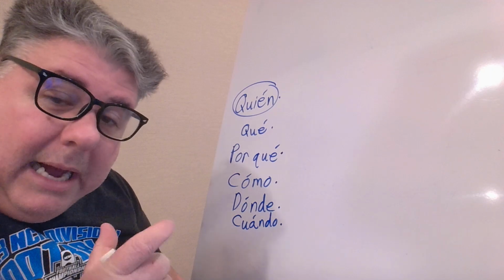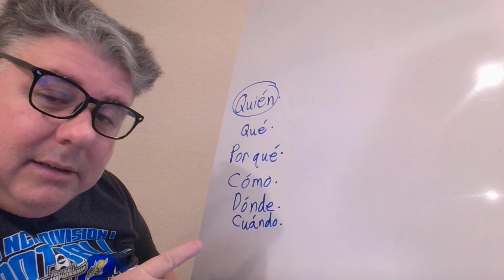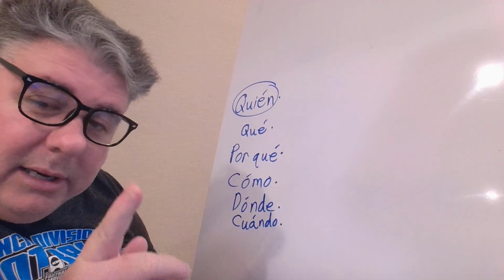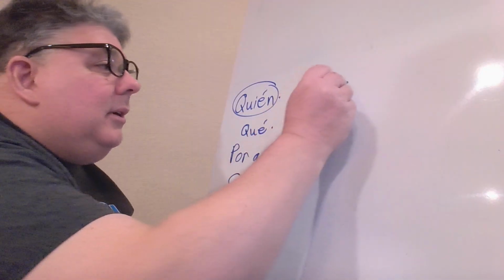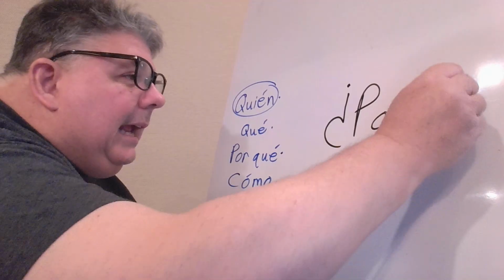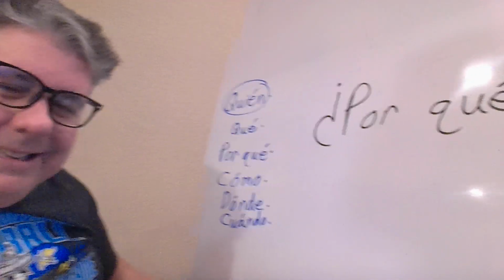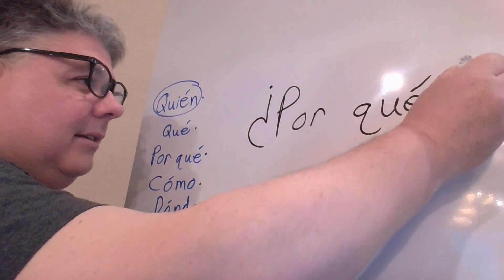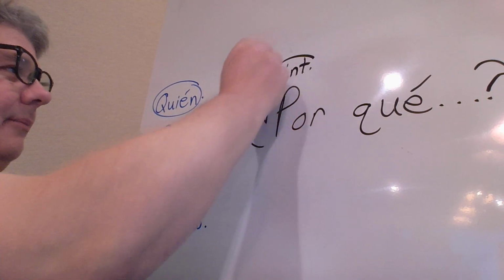The phrase for why is a two-word phrase. Por qué. But when you say it, it kind of sounds like it could be one word. And here's where I'll make a connection between interrogative and declarative. So if we say por qué, two words, there's that accent of the slope over the E in the second word. Por qué, dot, dot, dot, question mark. Por qué means why. And again, that's interrogative.